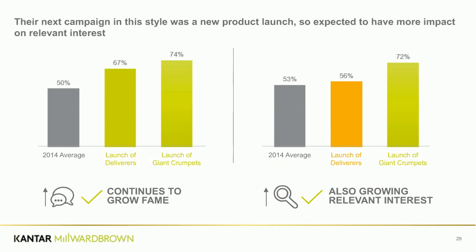Well, again, let's have a look at the results from our digital behaviour analytics. The big reveal is that on the left-hand side, the third column, this new campaign also performed extremely well in terms of generating fame, even better than The Deliverers. So it was successfully continuing the momentum built by that initial execution. But this time it also did really well on search on the right-hand side. And this indicated that it was indeed building relevant interest in the brand as a result of that new product message.